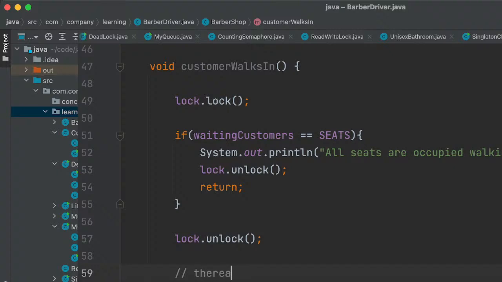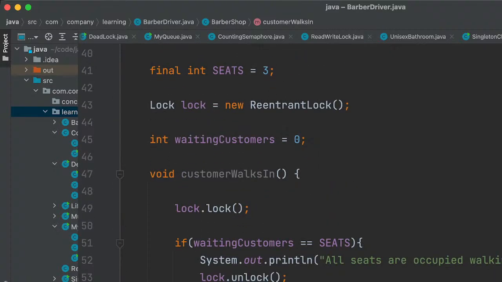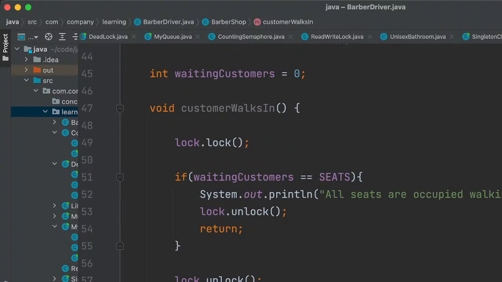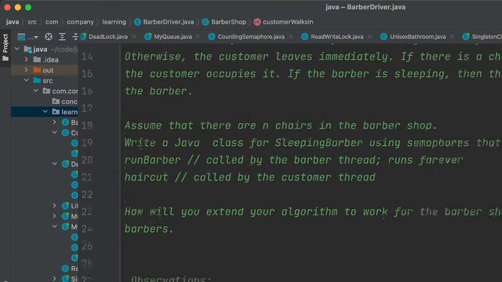There are enough number of seats that can be served by the barber.